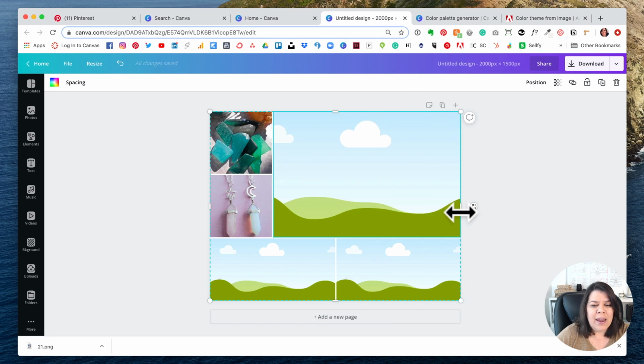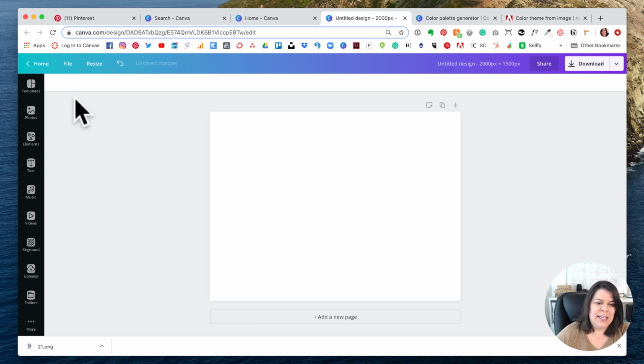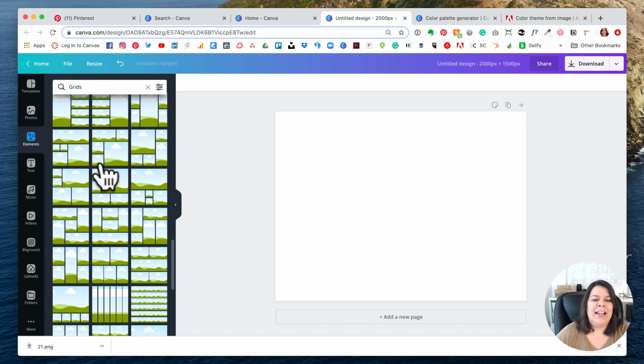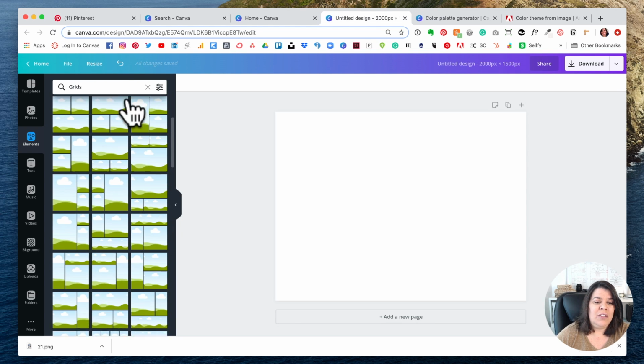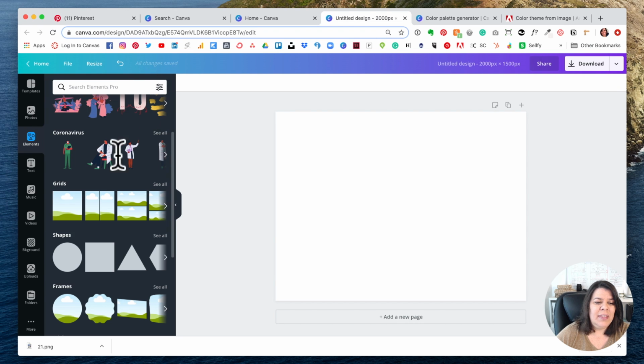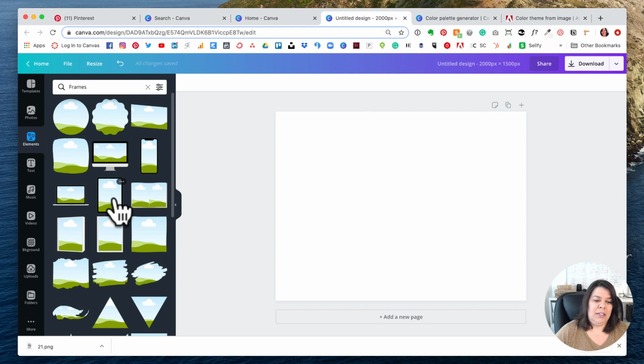But I can go ahead and bring in more if I want, or I can create my own. So I want to show you how you can create your own. So I'm going to delete this. Oh my gosh, I deleted everything. Instead of using the grid itself, because the grid is ready to go, you can use frames. Right under grids, there's shapes, but you want to go for frames. It says frames here. You click to see all, and you're going to pick